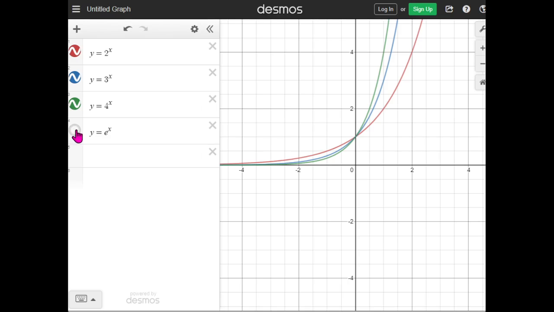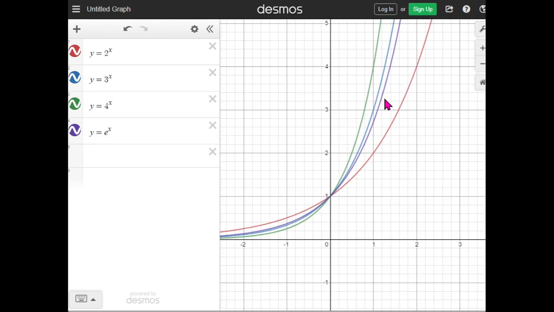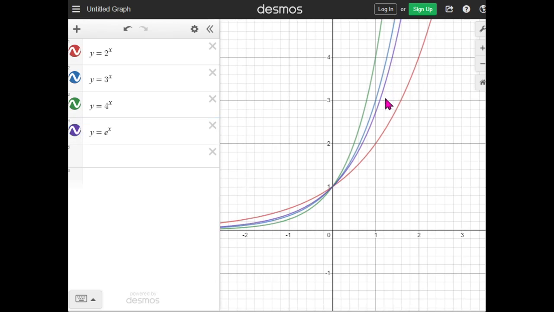Now what about y equals e to the x? Well, e is a number that's somewhere between 2 and 3. So e is just a fixed number. I know that e tends to freak people out, but because e is just a number that's between here, we can just do this. Since e is 2.7, roughly,